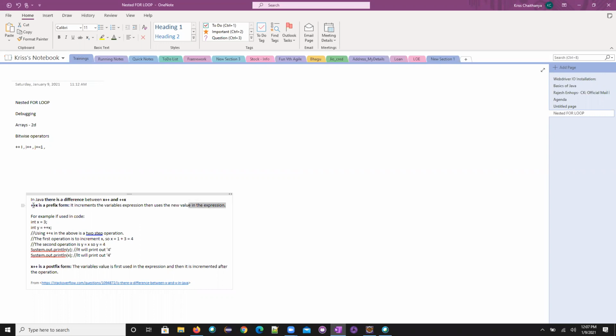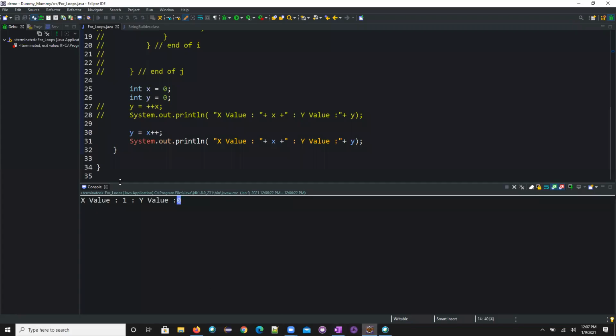But with post-increment, the variable is first used, meaning whatever the x value is, it first uses that, then it will increment that particular value. The same example talks about it here. In the first step, it first incremented and used the new value, but here it used the existing value and later on it will increment that particular value.